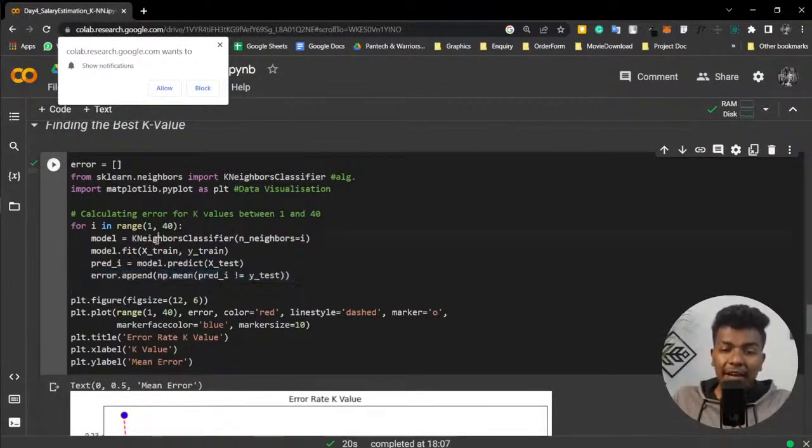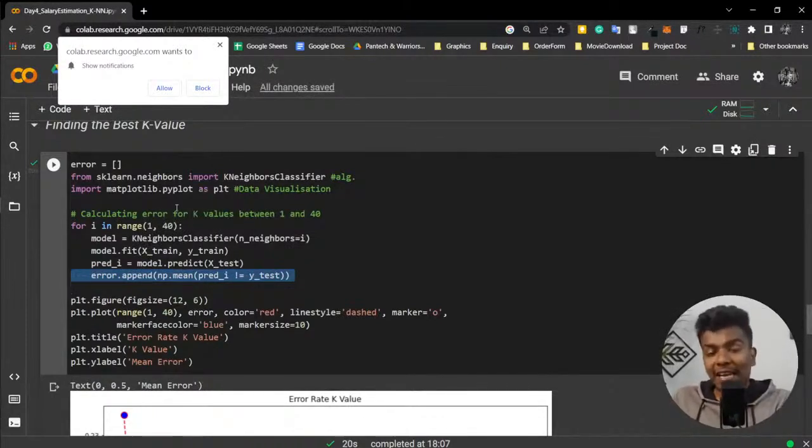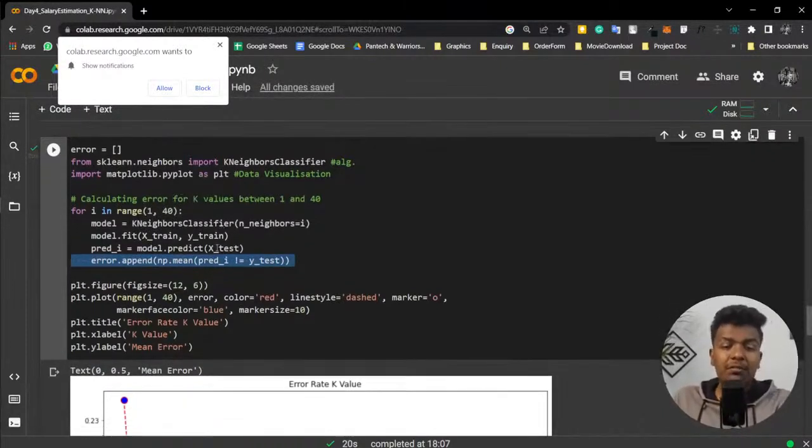In the second iteration, k is equal to 2, and the model is trained, predicts, and is evaluated to find the error. Then k is equal to 3, trained and predicted, and the mean error is calculated. Likewise, this loop is going to iterate 1, 2, 3, 4, up to the 40th level, to measure the error for each and every k value to draw the graph.